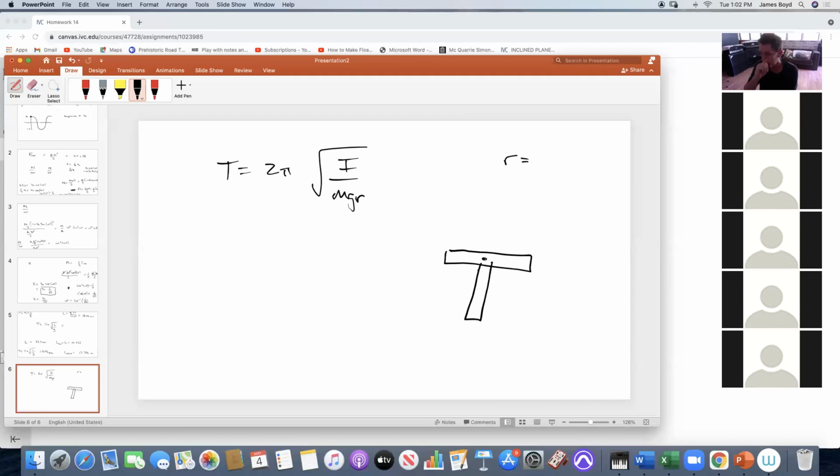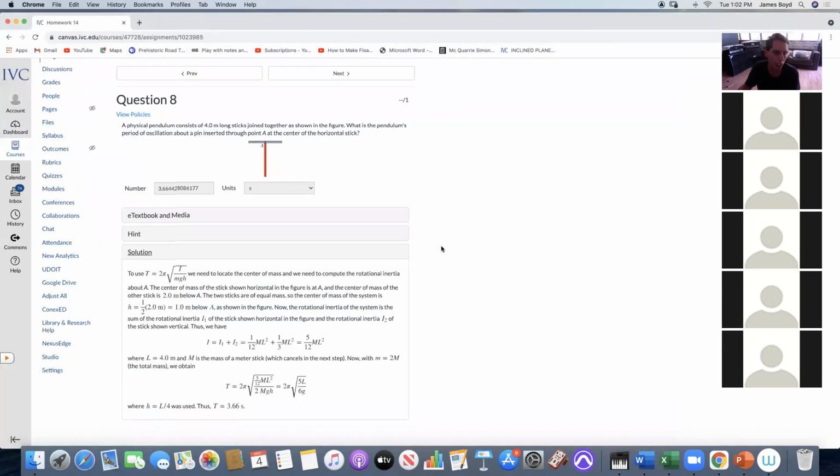And the center of mass of this is going to be somewhere along here, but you're going to have to figure it out in the X. Why are they assuming it's L to the 4th? I guess they just decided it by doing the center of mass,